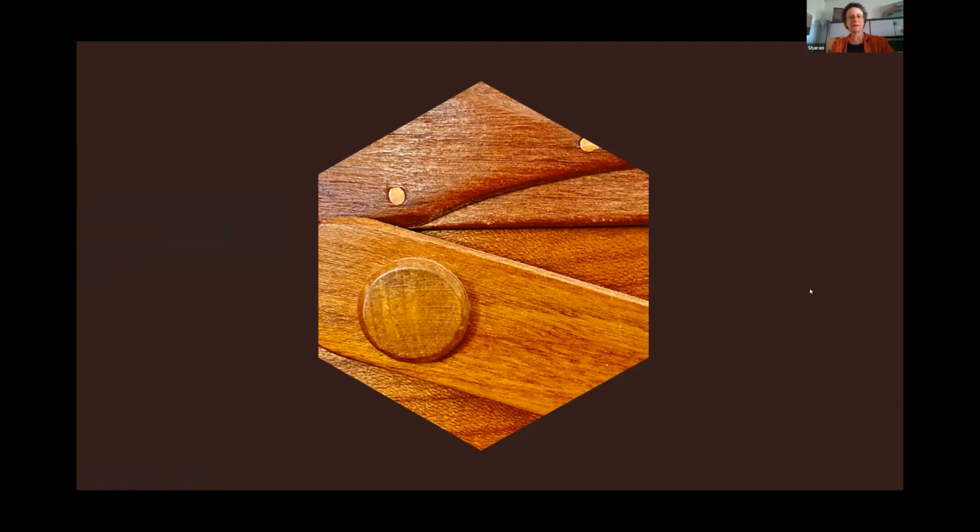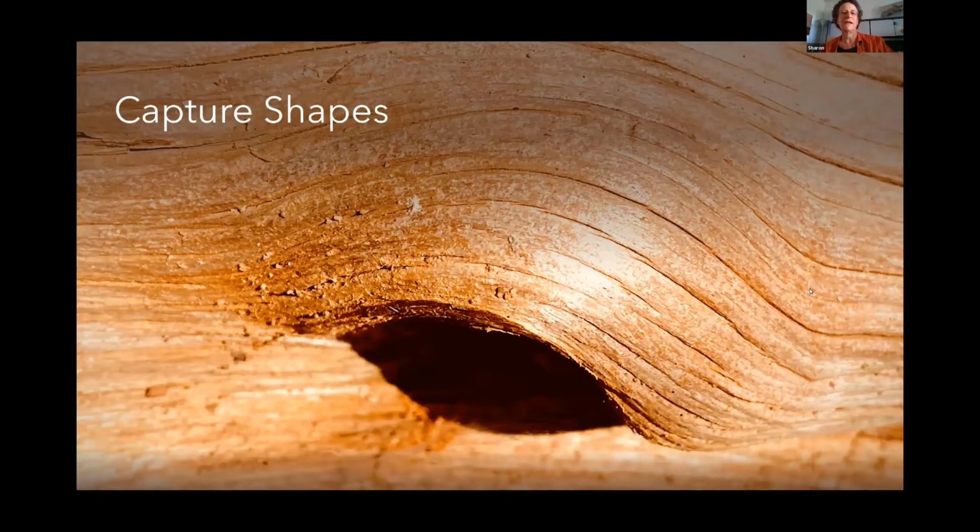And shapes. This was a dead tree that was down on the wood lot next to me, and it looked like an eye. It looked like an elephant's eye or a dolphin, and I just saw that. And again, I had my camera phone with me, and you notice that my focal area was up in here, and it falls off here. There's no detail down here. That's what you get with a camera phone, but the detail is up here, and that's where the eye goes to. And so, is this a dead tree? No, it's a sort of mystical creature lying in the forest. Again, shapes, lines, textures, light,